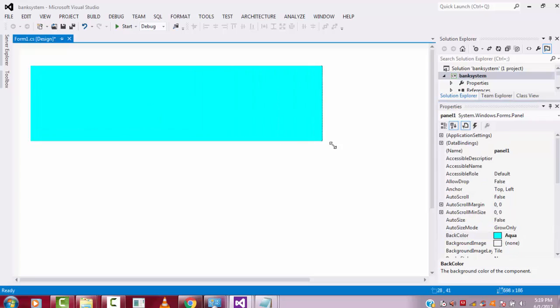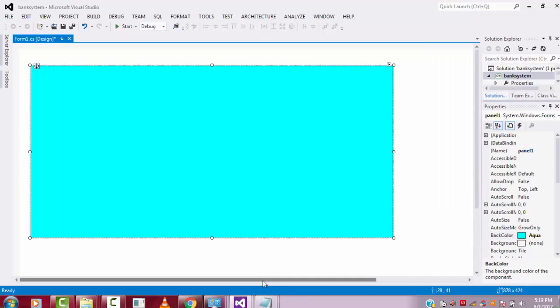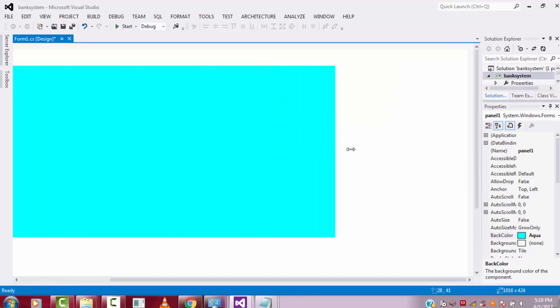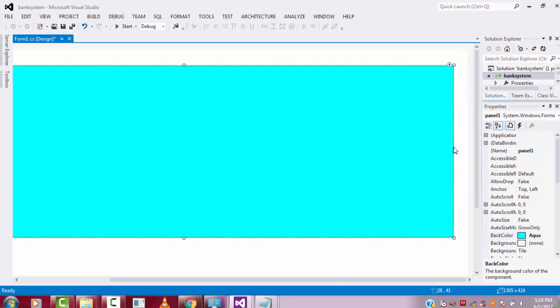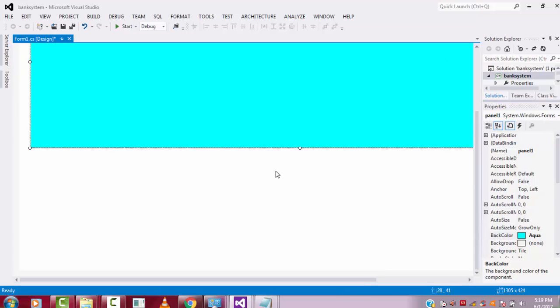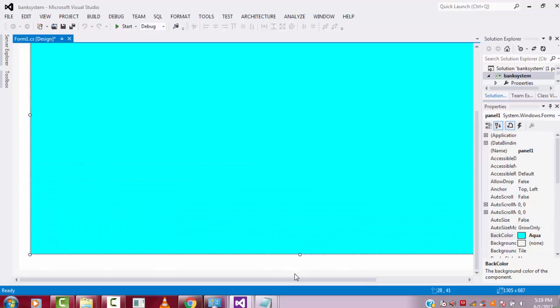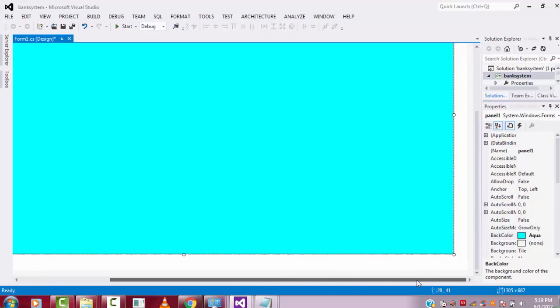Now you have to arrange them. If you arrange something like that. Okay, it's arranged successfully.